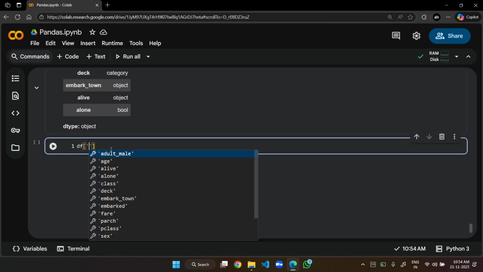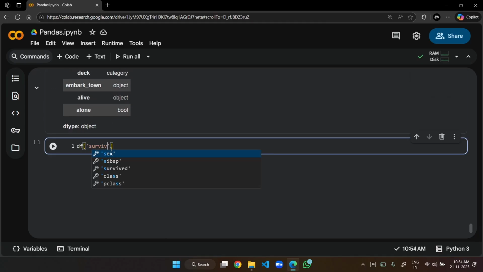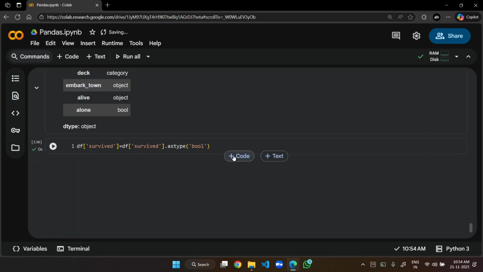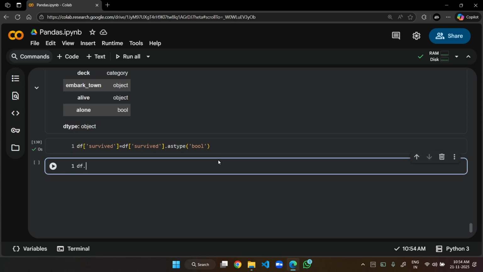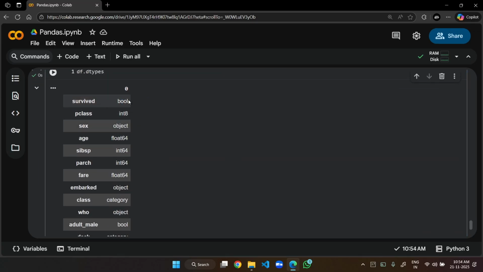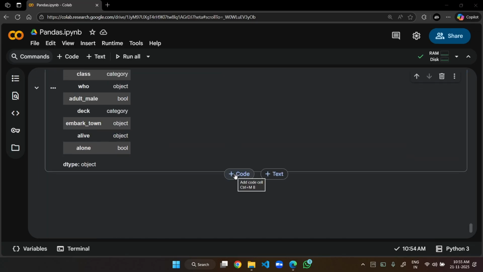So df of survived dot astype, and in here I'll specify bool, and I'll assign this back to the series itself. Now if I check df dot dtypes, you will see that the survived column is bool. Now the simplest way in which you can add a column in a data frame is